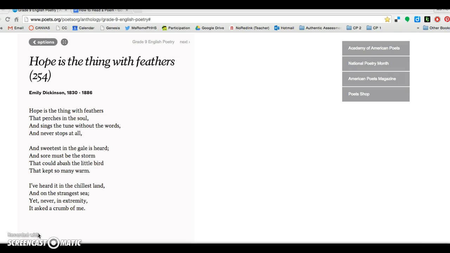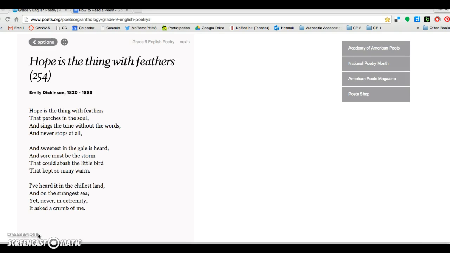Moving on to meter or rhythm, we seem to have more consistency. We have something called iambic pentameter. Now, if you remember, an iamb is a foot, and it's an unstressed followed by a stressed syllable. And it goes bum bum. So iambic pentameter would be 5 of those. Bum bum, bum bum, bum bum, bum bum, bum bum. We have something very similar here, only we have about 3 feet per line. So that's why it's iambic trimeter.